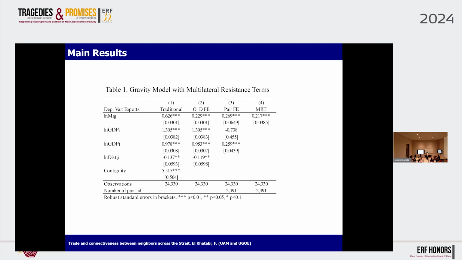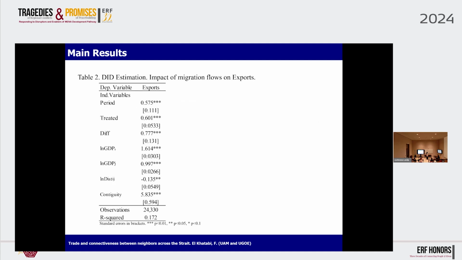Going to the migration variable, in the first column, the traditional gravity model, it's positive and significant. When we add the origin and destination fixed effects, as well as the multilateral resistance terms, the coefficient decreases a little bit, but stays positive and significant. As one of the main objectives is to see how the closure of the border in 2020 affected this,